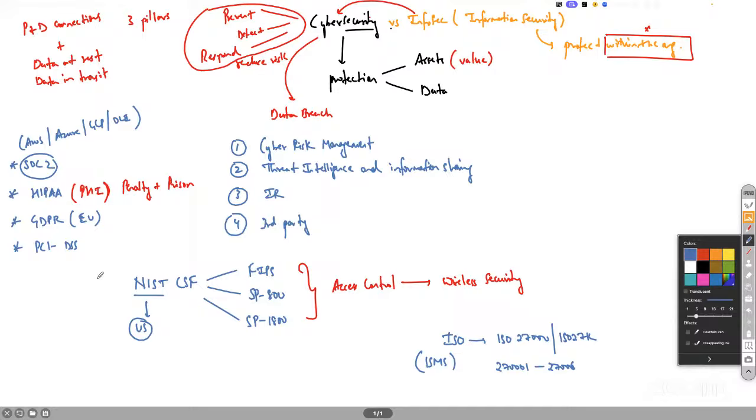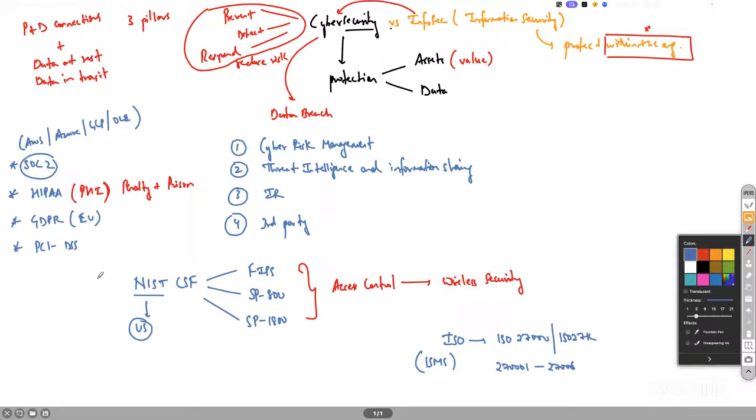Okay, so these are some of the more common ones. These are some of the ones that you would see a lot being talked about in organizations when you're trying to implement projects or implement policies for different clients. Then obviously within different sectors, you might have some additional cybersecurity frameworks as well. But these are some of the more common ones which you're going to see or hear a lot.